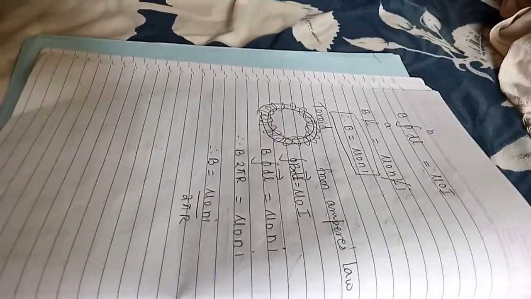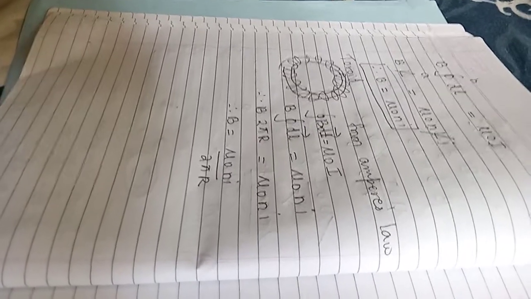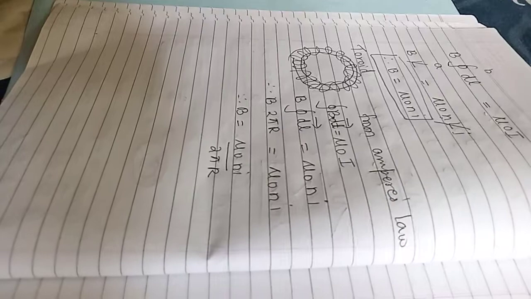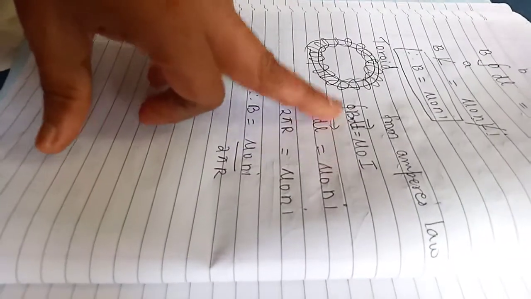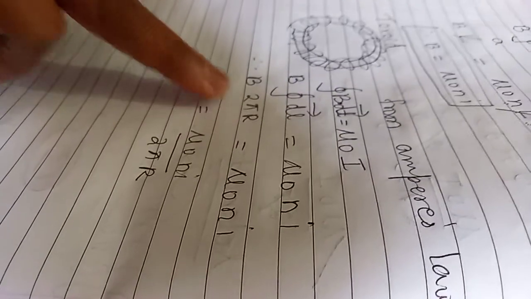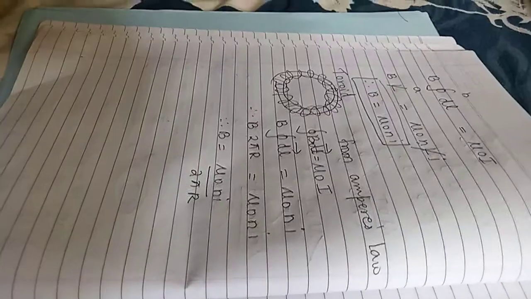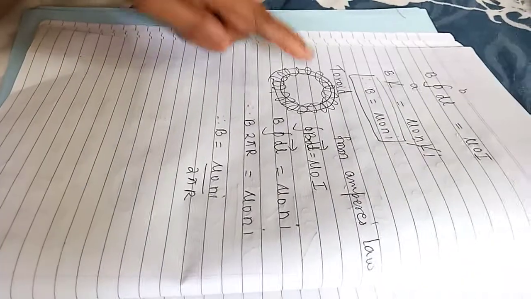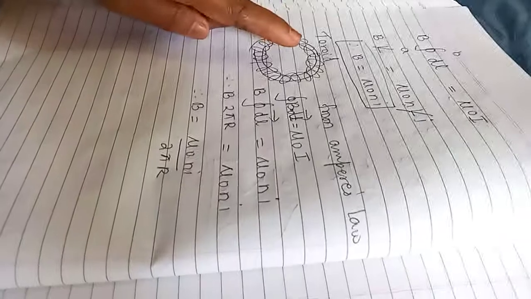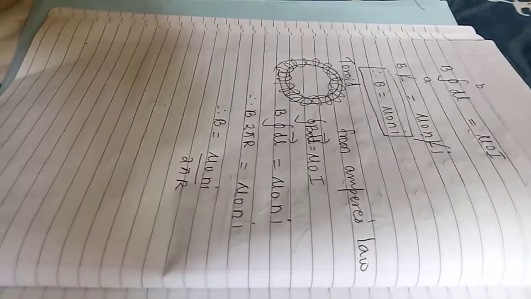Are you okay here? Is it fine, children? So what is a toroid? A toroid is a solenoid itself whose two ends are joined together. Use Ampere's law, that is B dot dl is equal to mu naught I. Current is number of turns multiplied by current through each turn, and the total length you get is 2 pi r. So B into 2 pi r is equal to mu naught N i, and B is mu naught N i divided by 2 pi r. There is no difference between a solenoid and a toroid. Only, in a toroid the magnetic field is produced along the center, and for a solenoid the magnetic field is produced along the axis. That's it.